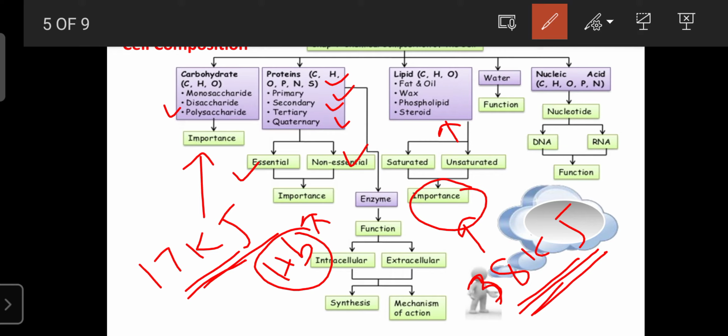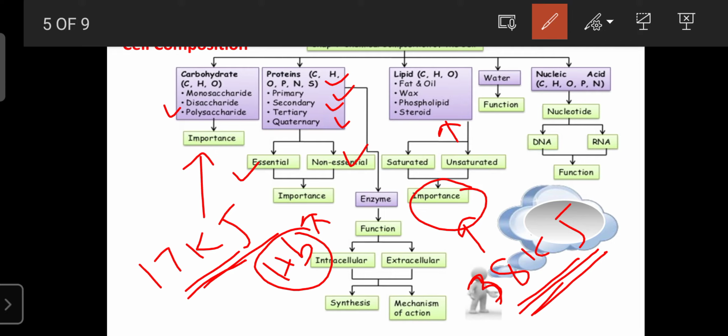Then water also acts as the transport medium for transport of various cellular components or various micronutrients. And water in the internal environment or external environment of the cell is helpful to maintain the osmotic balance. And water also supports the structure of the cell, it can prevent the derangement of the cell environment.